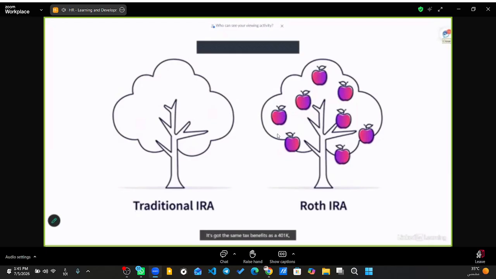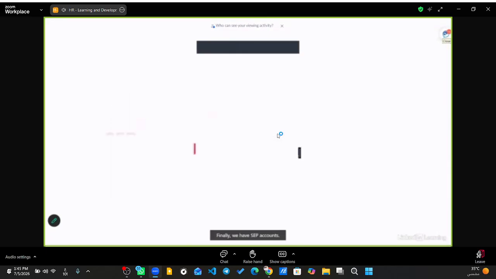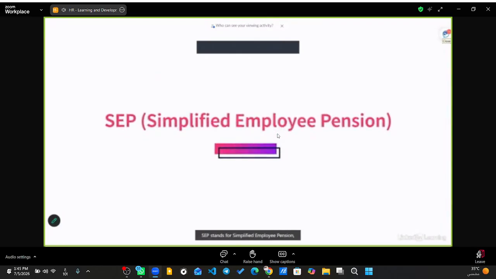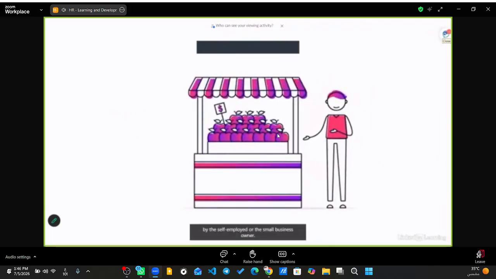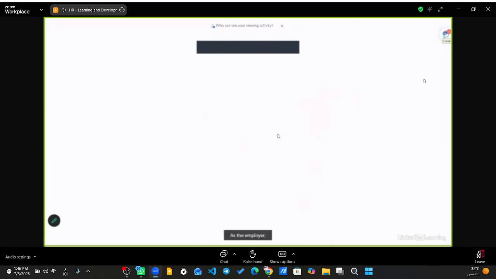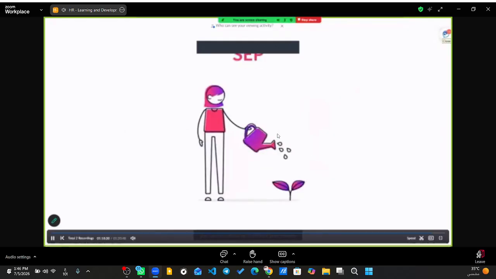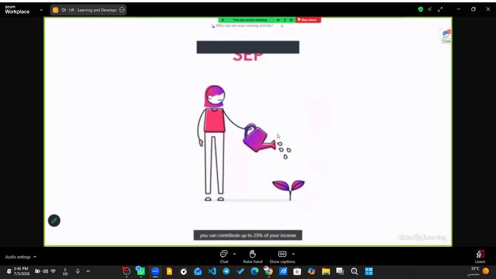It's got the same tax benefits as a 401k, but you can put more money into it. Finally, we have SEP accounts. SEP stands for Simplified Employee Pension, and this kind of account is primarily used by the self-employed or the small business owner. As the employer, you can contribute up to 25% of your income, or in the year 2019,